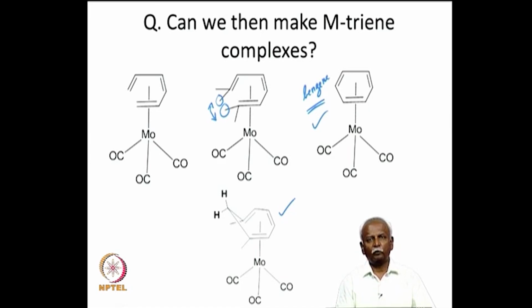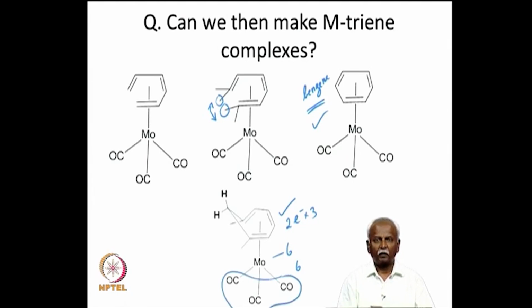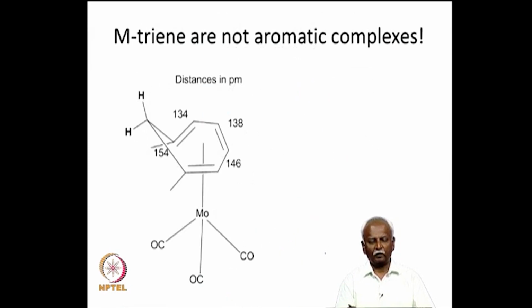So, each double bond will contribute 2 electrons, and if you remember your electron counting, molybdenum has 6 electrons. 6 electrons are given by the triene, and 6 electrons are given by the 3 carbonyl groups, and so you end up with an 18 electron system. So, we can make metal triene complexes, and in these complexes you find that the bond distances are